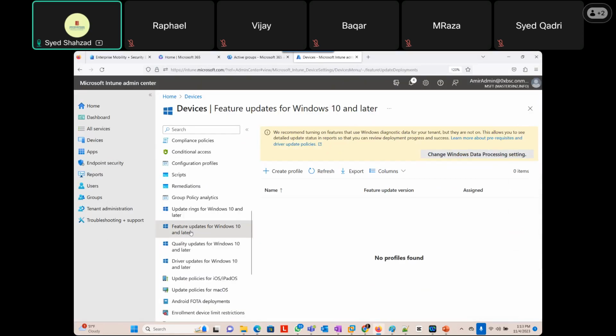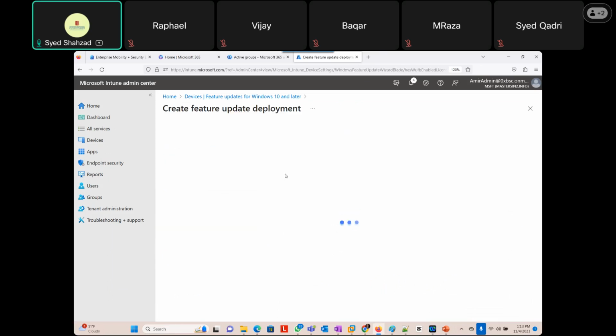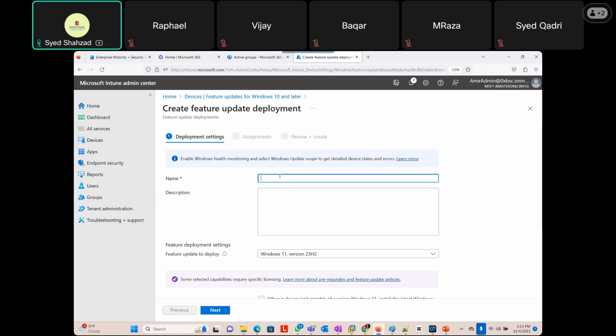So Windows feature updates for Windows 10 and later. I'm going to create, first I have to create a profile. We recommend turning on features that use Windows Diagnostic Data for your tenant, but they're not on. This allows you to see detailed update status in reports so that you can review deployment progress and so okay. Okay, so